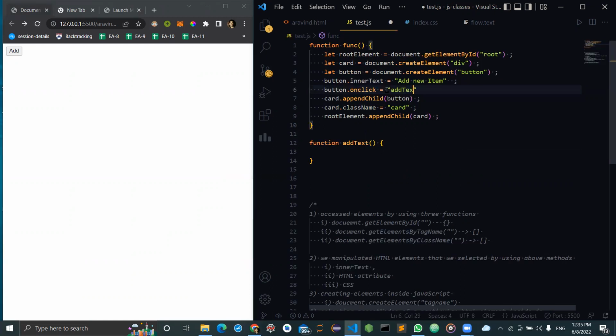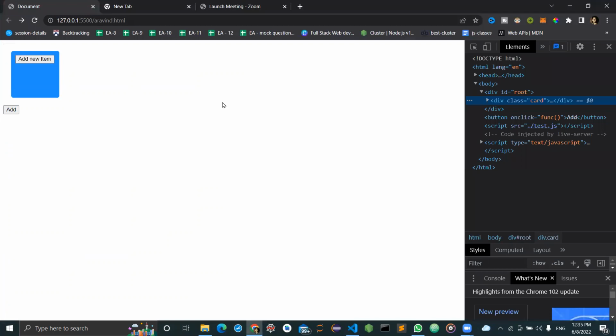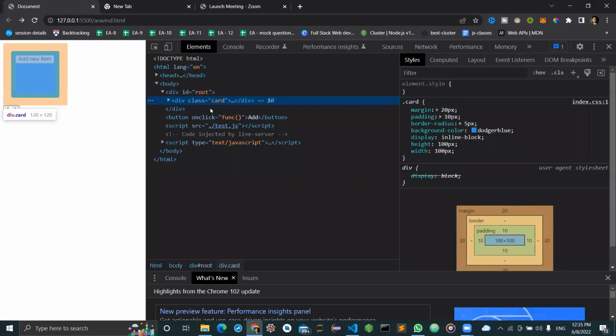Okay. Yes, this one, that function. And let me save this. And you see, when I create this, and when I try to inspect this element, you see in this particular element, div card is there and button is there. Okay. And inside this button,